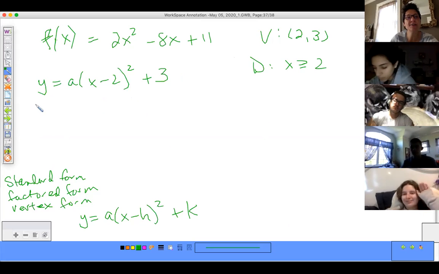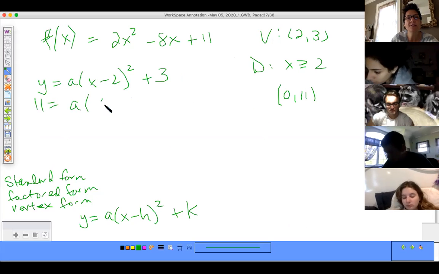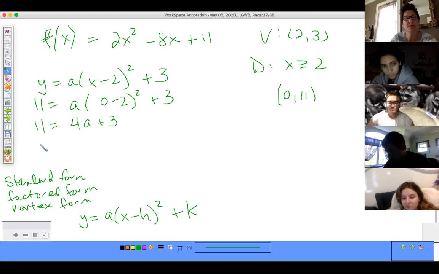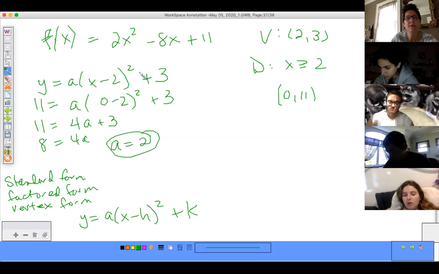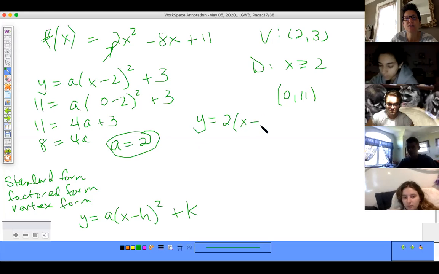If we use the y-intercept, which is (0, 11), we can just plug in: 11 is equal to a times (0 minus 2) squared plus 3. So now we have 11 is equal to, negative 2 squared is 4a plus 3. Subtract 3 from both sides and you get 8 equals 4a. So what does a equal? Look at that, magically. Okay, so now the vertex form of this function is 2 times (x minus 2) squared